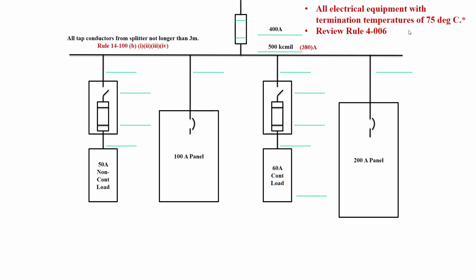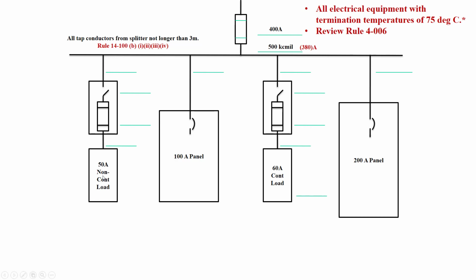Or if we were using insulation with a 60 degrees Celsius rating, we'd also have to use the 60-degree column in table 2 or 4 for this example. So 4 is for aluminum, 2 is for copper. All right, so we're going to come back and read this rule in a bit here, but let's do a